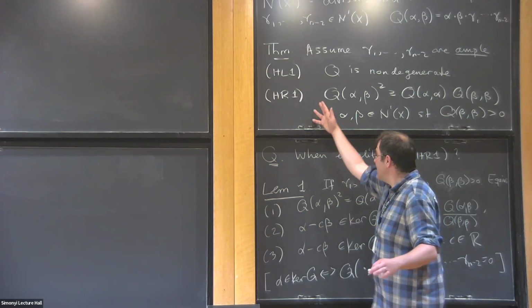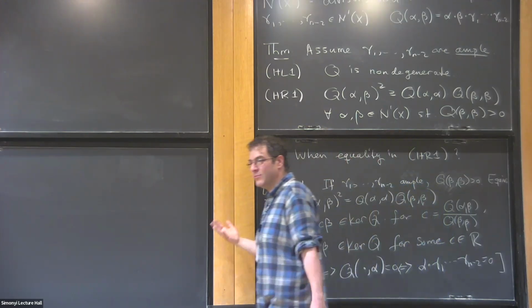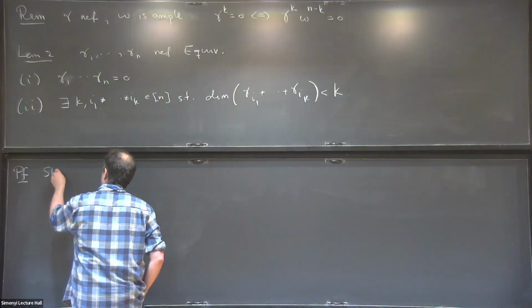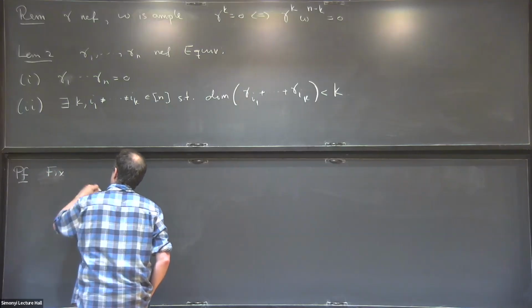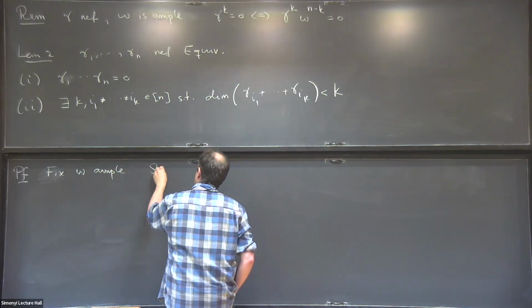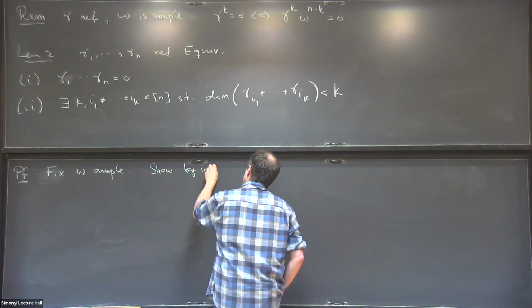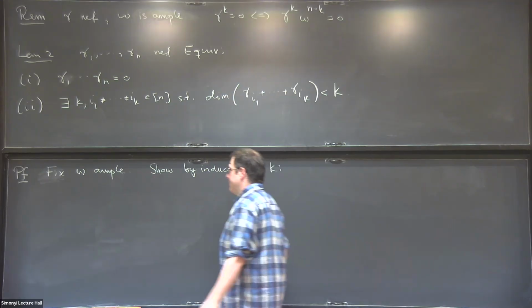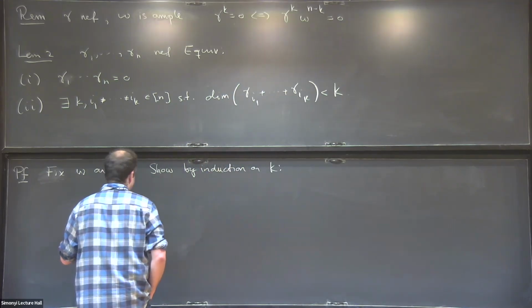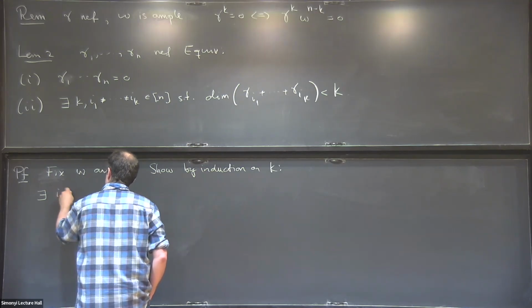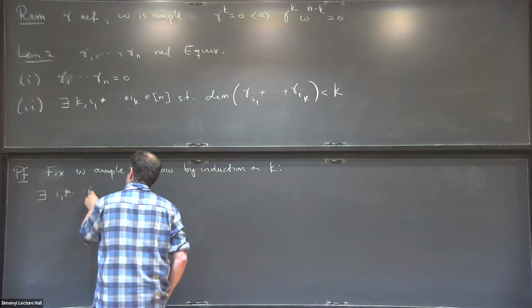So really as input, we don't take anything deep, right? It's just linear algebra using those two conditions and seeing what you do. So the point is to prove by induction. So let's fix some ample guy. And the point is to show by induction on K that there exists some I1 through IK